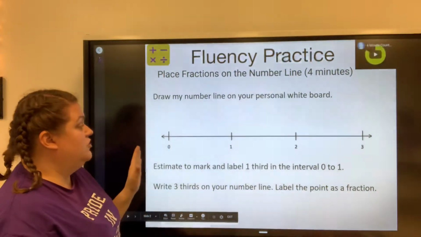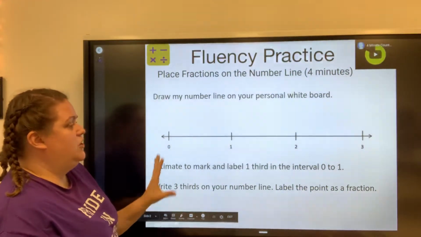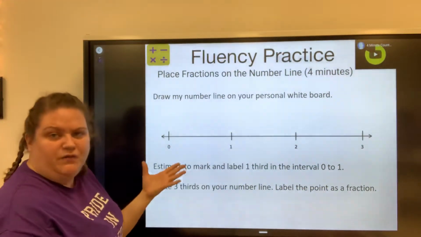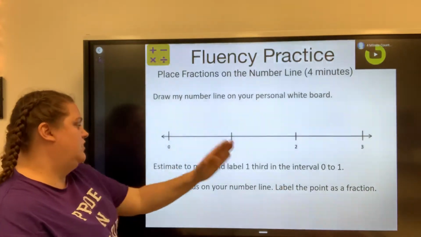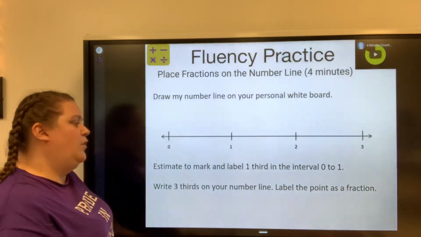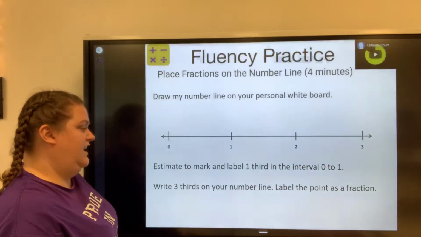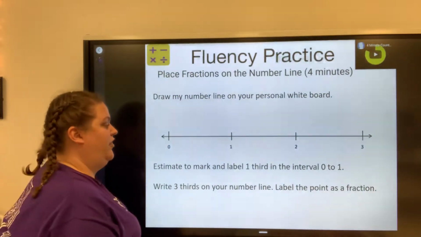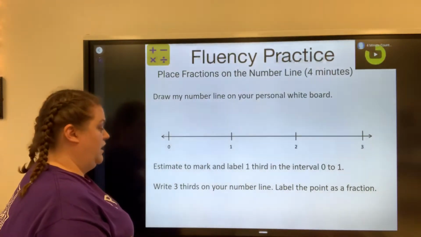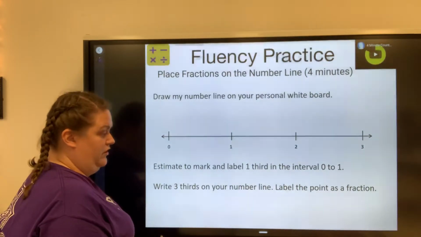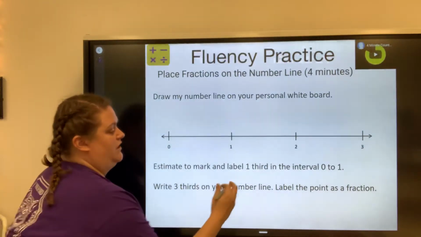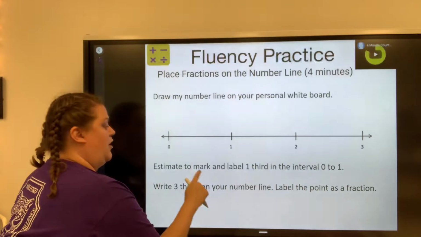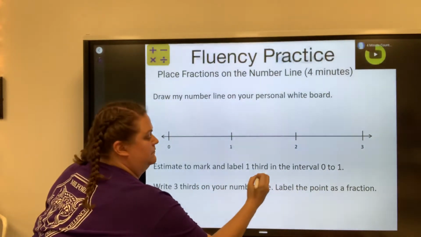All right, so you're going to draw a number line on your whiteboard or on a paper, whatever works for you. We're going from 0 to 3. So what it wants you to do is label 1/3 in the interval between 0 and 1. So I'm going to write this fraction here. It says mark and label 1/3